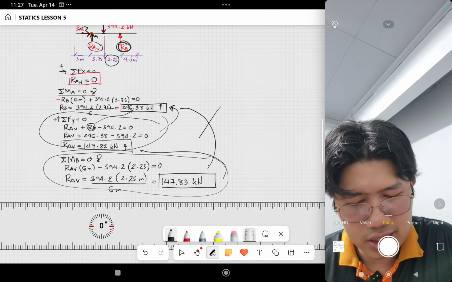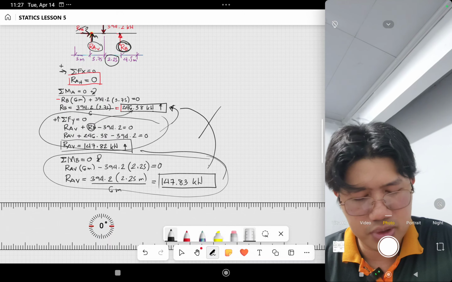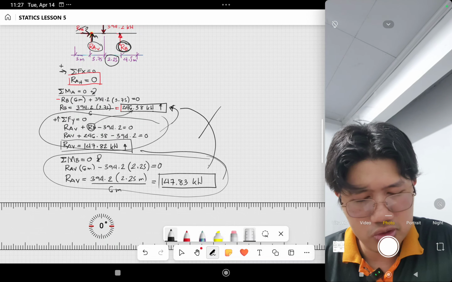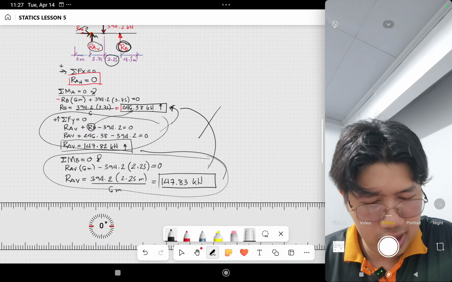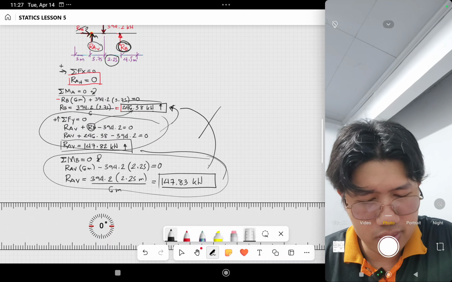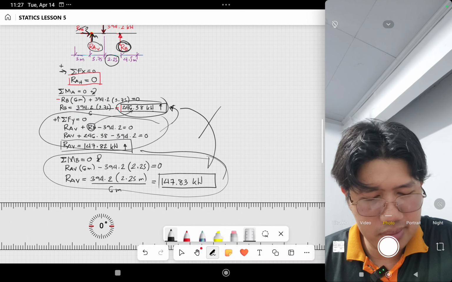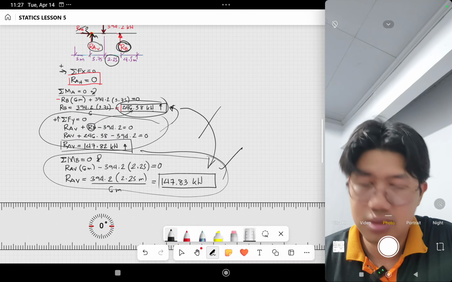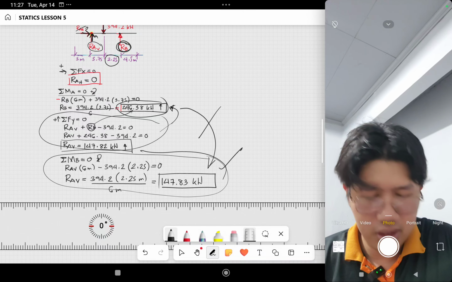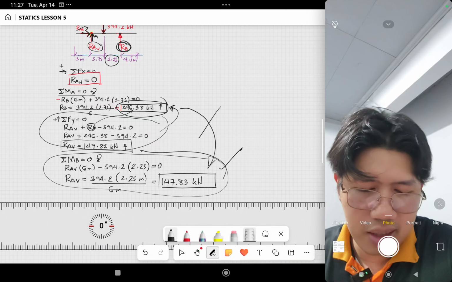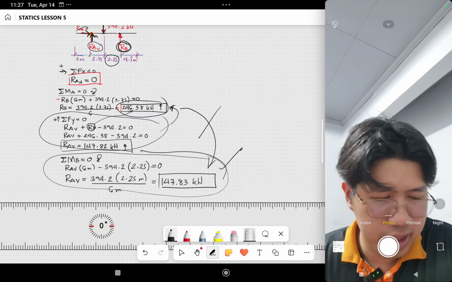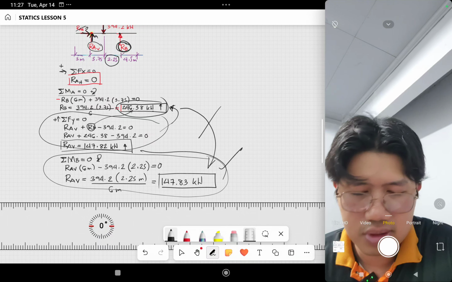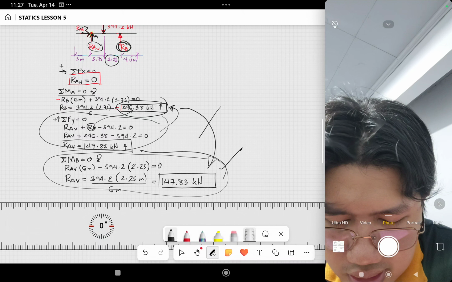Since mapapansin natin, hindi lumitaw si 246.38 sa ating solution. So yun yung advantage nun, dahil if ever na nagkamali ka sa nakuha mo dito, pwede pa rin maging tama yung dito, no? There is a chance na makuha mo pa rin na tama yung last answer even if nagkamali ka dun sa second answer. Okay, so that is